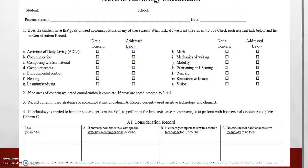So credits to Wisconsin and to the service co-op are written at the bottom of the page. So this is our region's way of simplifying that SETT process in a one-pager, as we know that special ed staff have enough paperwork to do. So you can use this tool, this page here, during an evaluation or on an annual basis, before your IEP, during your IEP, and it really does cover the SETT process, because at the top you're going to identify the